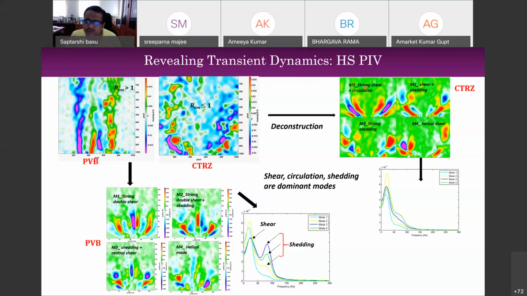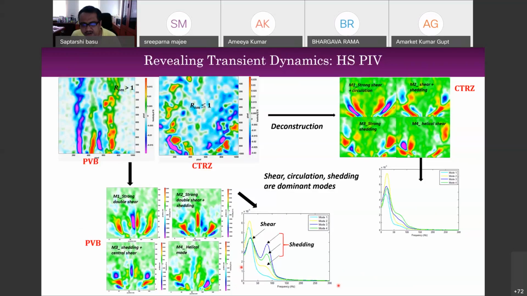You can see, for example, mode M1 designates strong shear and circulation. Mode 2 designates shedding. Mode 3 designates strong shedding, and M4 designates what we call the helical shear. You can see from how the patches are organized. So you can see that in the case of a pre-vortex breakdown bubble, you get high